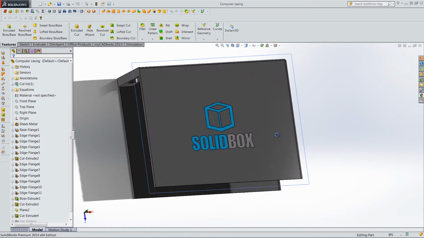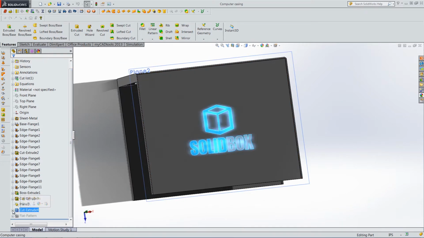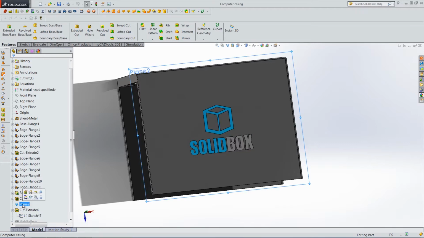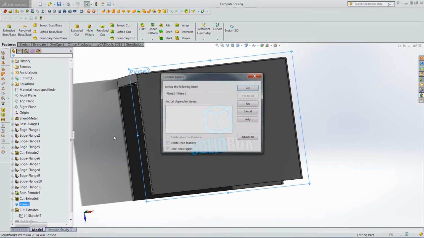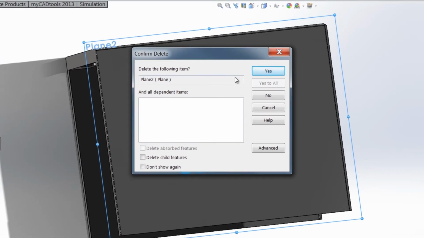Just a computer casing here with the SolidBox logo right in the center. And that SolidBox logo is this cut extrude 4 with sketch 47 nested below it. Currently, this feature is associated with plane number 2, but what would happen if I were to delete plane 2? Let's go ahead and delete it, and now, new to SolidWorks 2014, we have this confirm delete box that shows